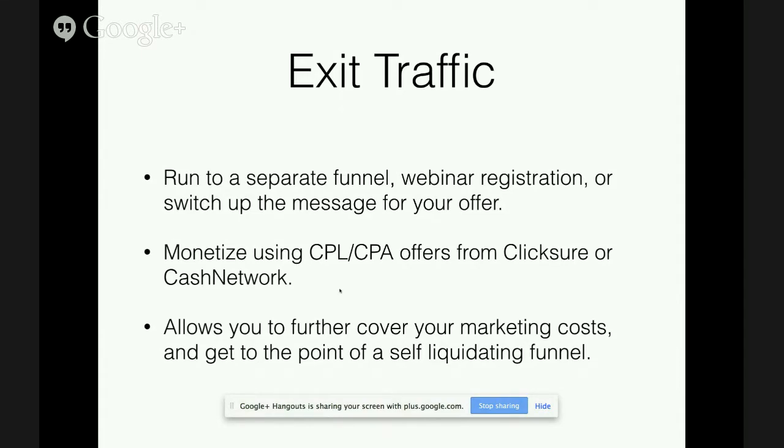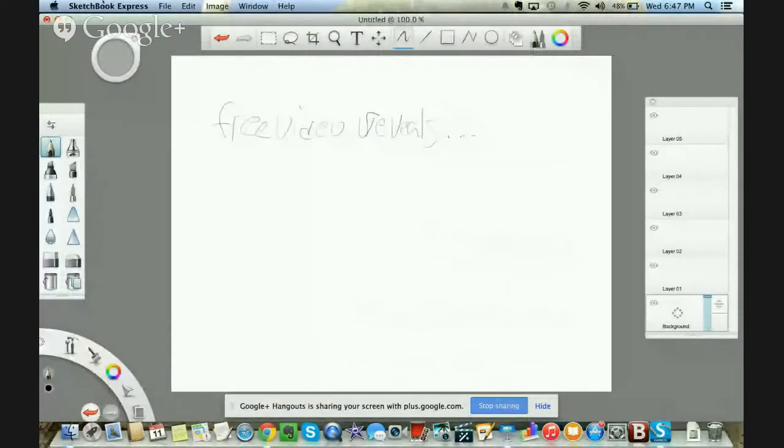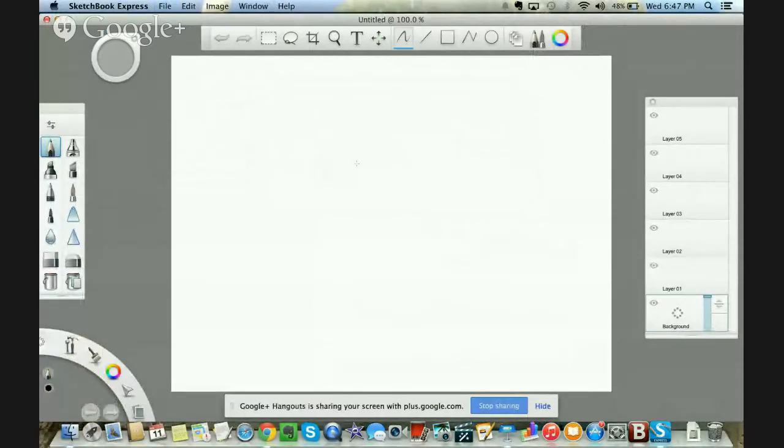There's a couple different ways you can do this. Now, monetizing your exit traffic, what you can do is run it to a separate funnel. You can go to a webinar registration page or switch up the message for the offer that you're presenting. So let me give you an example of that here. If we go, let's go file new, don't save. Okay, so for example,